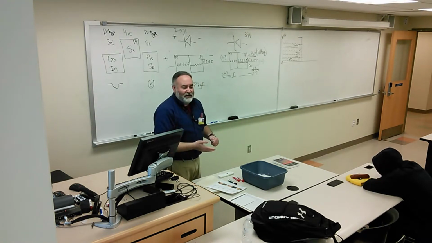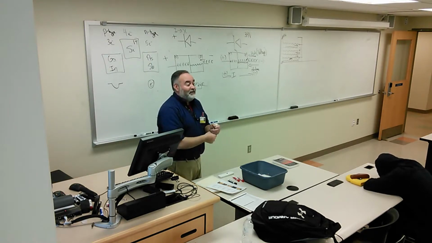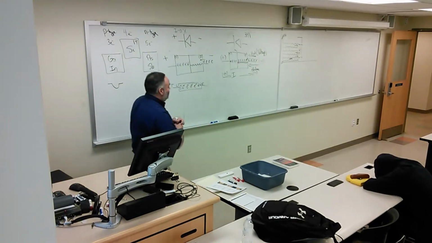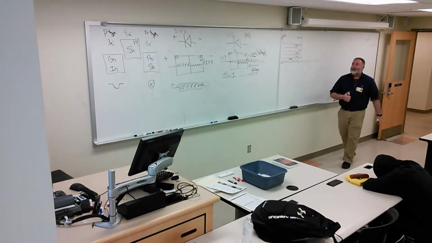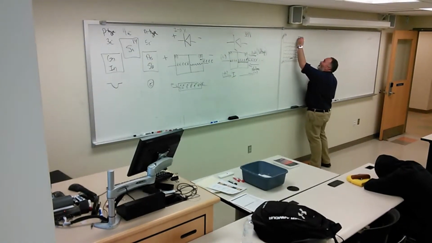Anybody have a surge suppressor in their room? There's a little outlet with a little white thing. That's exactly what it is. There's Zener diodes inside there so that they protect against the surge. They don't want to surge electricity through your little tiny village that is known as your very, very expensive MacBook. However, a Zener diode,